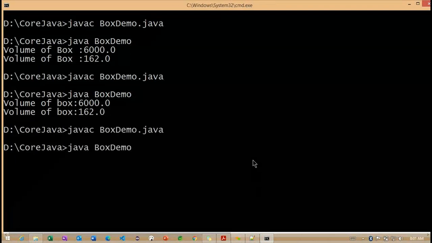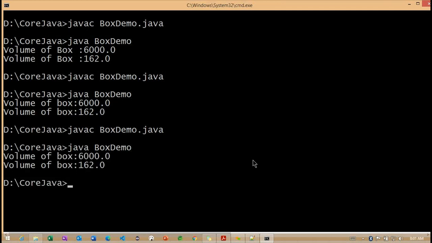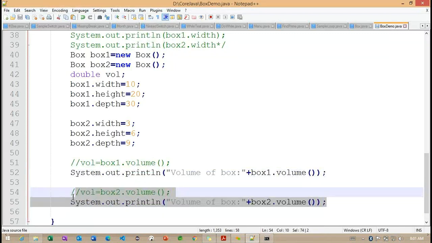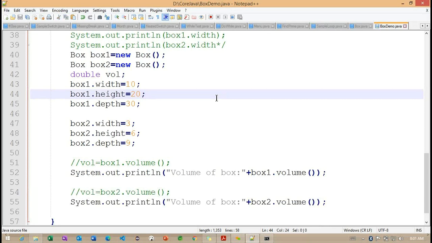Now I want to compile one more time and execute here. Do we get the same thing or not? Now you can see, we saved the example here. The same value we are getting here. So these are the different ways to call this particular method here. Getting the point? So this is very important here.